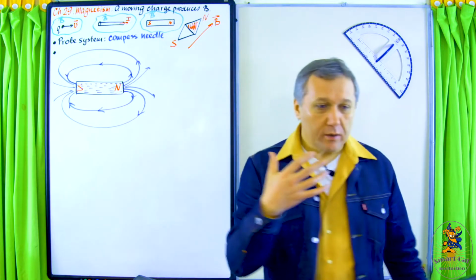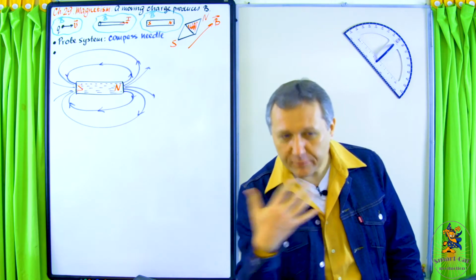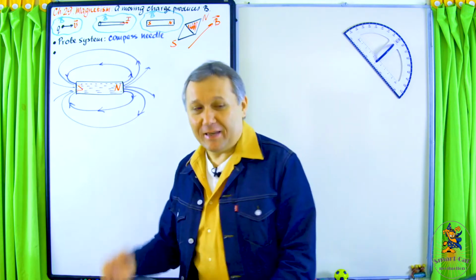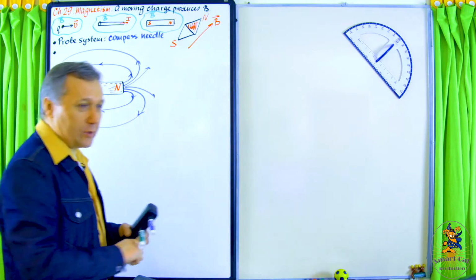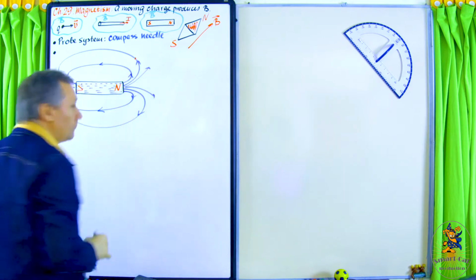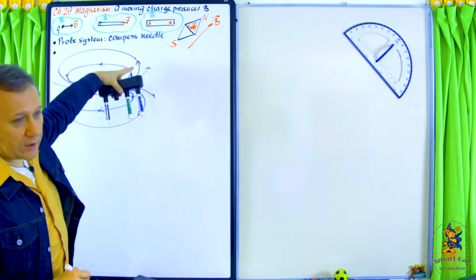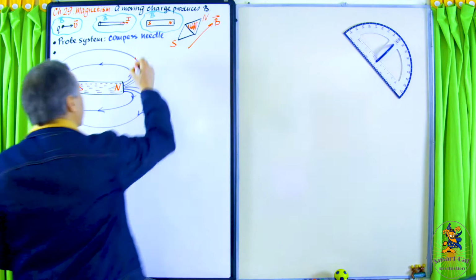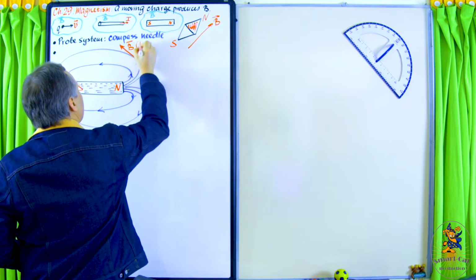Then, of course, how can we get information about the magnetic field? Magnetic field lines are useful, but at the end of the day, you want to know information about the magnetic field. And the story is identical to the story which we saw in the world of electricity. So if you want, for example, to find the direction of the magnetic field at a completely arbitrary point, the magnetic field is tangent to the magnetic field line. The same we saw in the world of electricity, right? So this is a B, right? Tangent